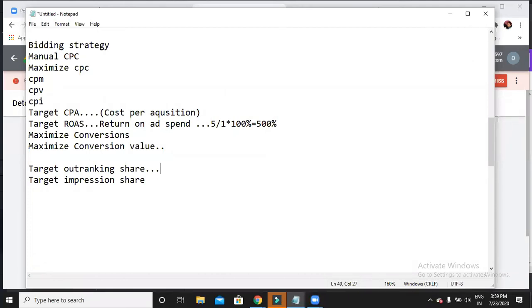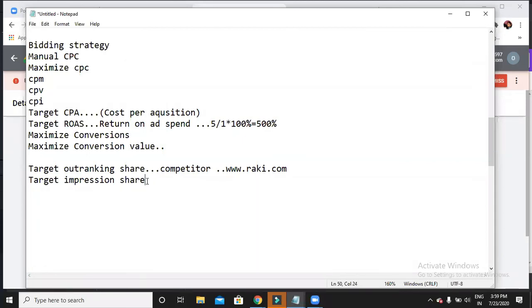Got it now? Do remember, it is a competitor. I want to show my ad above the competitor. That means I am going to give the competitor's website URL also, like www.raki.com. So whenever the Raki ad appears, I am going to show my ad on top of him. Got it? So it is also an automated bidding strategy.